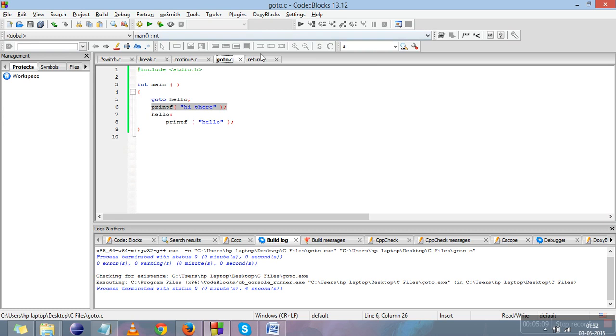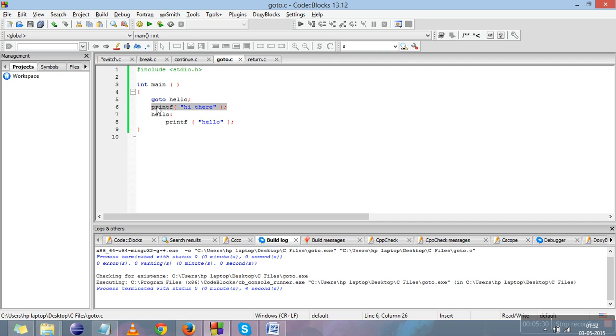The next jump statement is return. Return is a statement which is used to exit the program. Remember, break is the jump statement which is used to bring the control outside the loop. Continue is the jump statement which brings the control outside the current iteration and goes on to the next iteration.